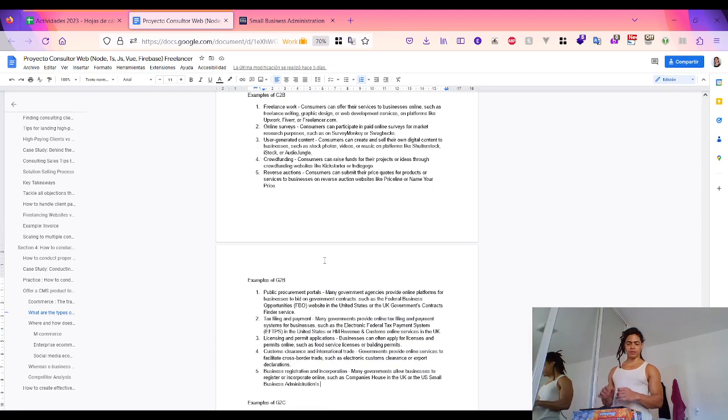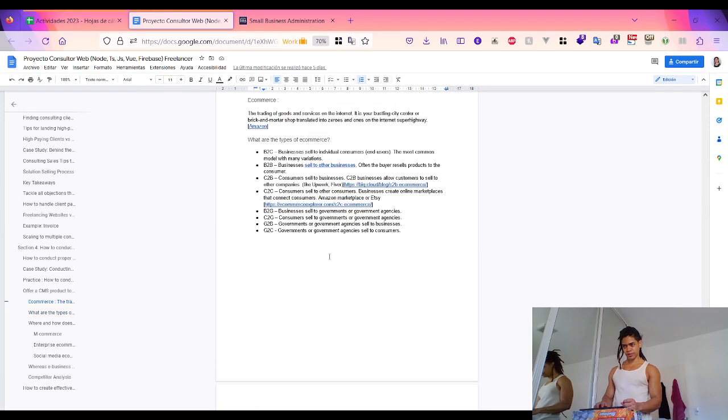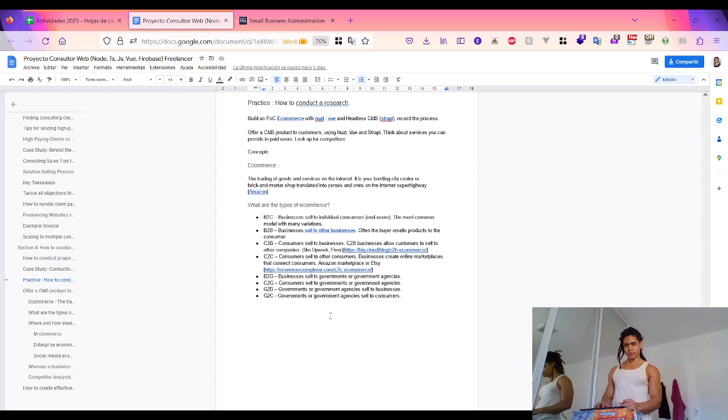So the whole point of making this quick recap of all of the types of e-commerce is because now that I understand the basics from ChatGPT, right? Now that I understand the basics and I have real life examples, okay, then I can identify where I am or where the business stands. So I can offer a particular service to them and also recognize where I am, what type of business I'm offering, and